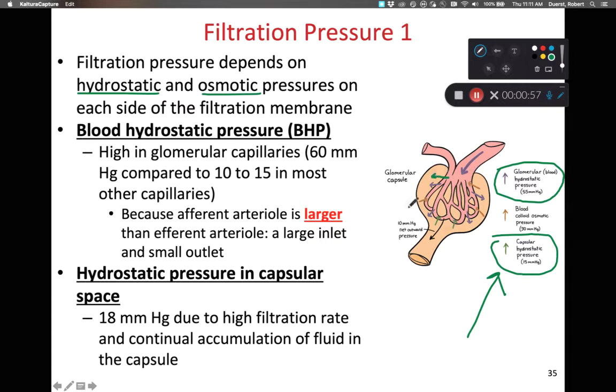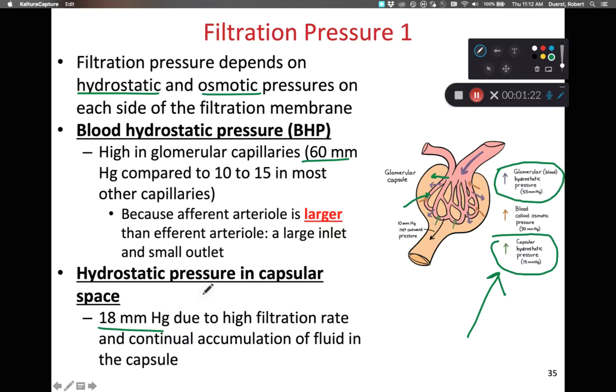And then capsular hydrostatic pressure is going to push fluid back into the bloodstream. And what we find is that the blood hydrostatic pressure is about 60 millimeters of mercury, whereas we have 18 millimeters of mercury for the capsular hydrostatic pressure. In other words, there's more pressure pushing blood or filtrate out of the bloodstream as opposed to pulling that filtrate